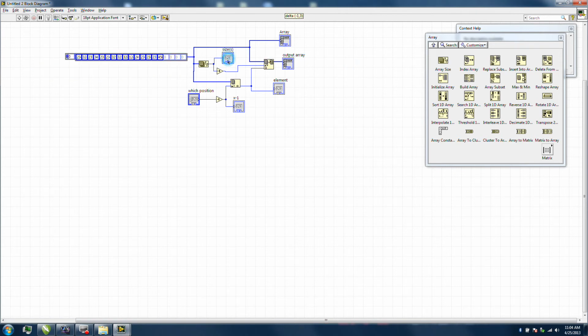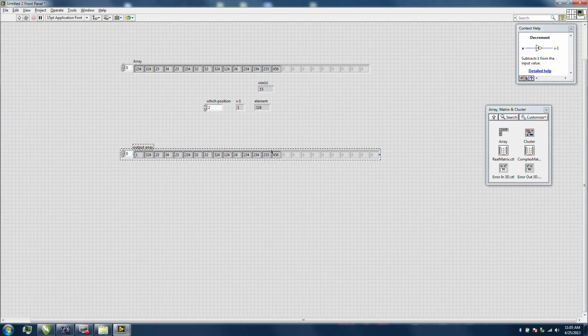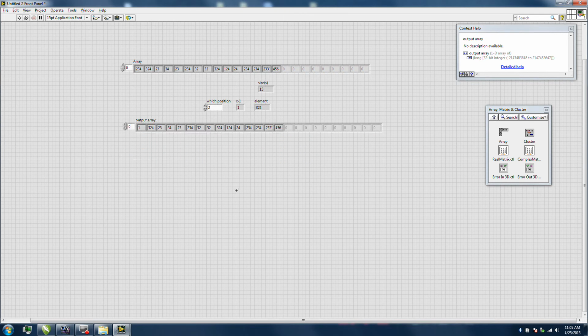So what's going on is the number comes here, we get its size, subtract 1, it goes here, and then here it goes up, gives this array, comes here, enters the array, gives me the output. This is the element I chose. I chose to put it at the last location always. This is the new array that I have. And if I run it, you'll see that now the last one has been replaced from this